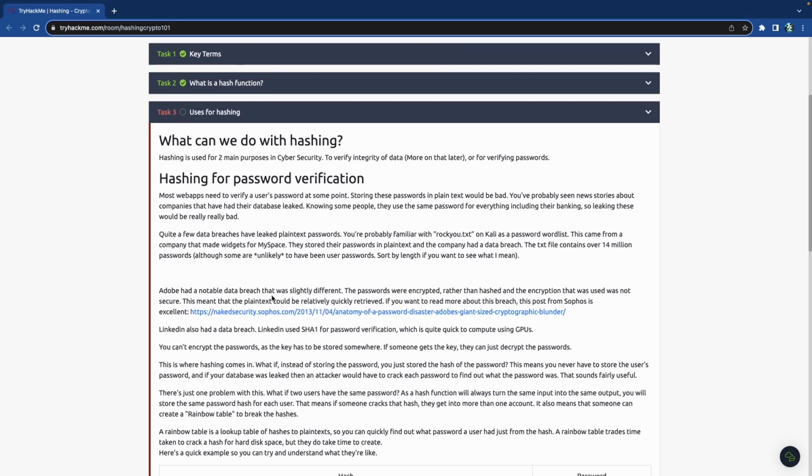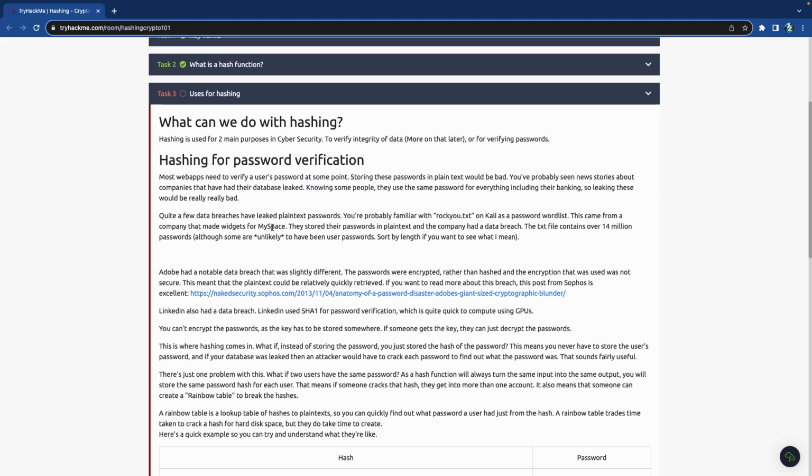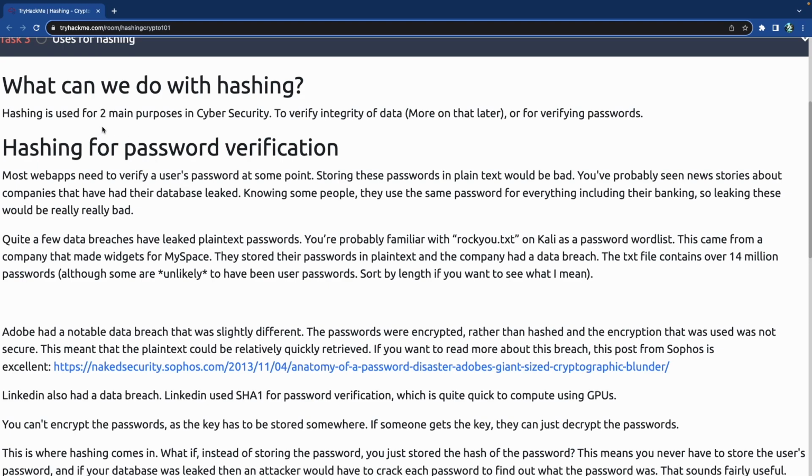Okay, so uses for hashing. What can we do with hashing? Hashing is used for two main purposes: to verify integrity of data or verifying passwords. This is discussed a lot in forensics when you get the hash of a disk image.